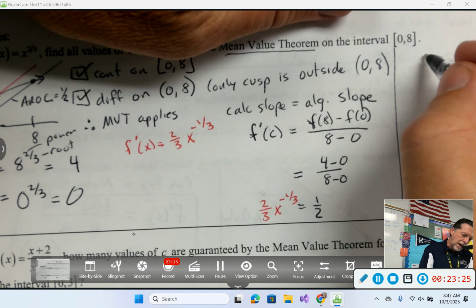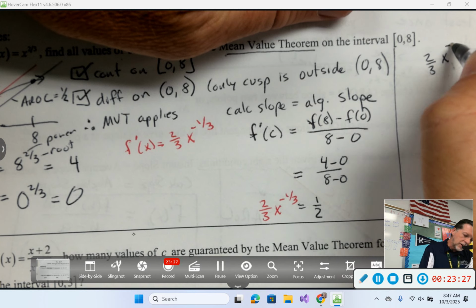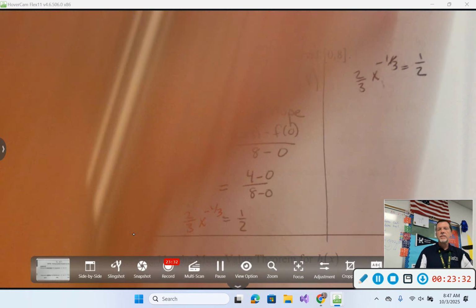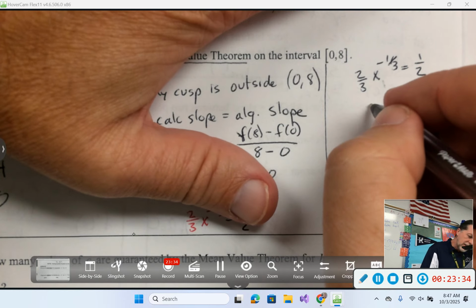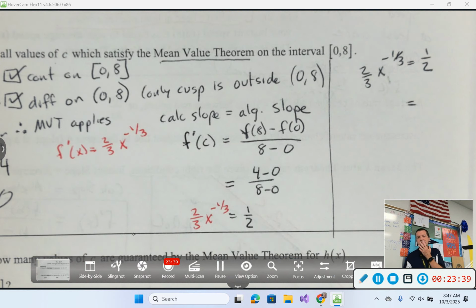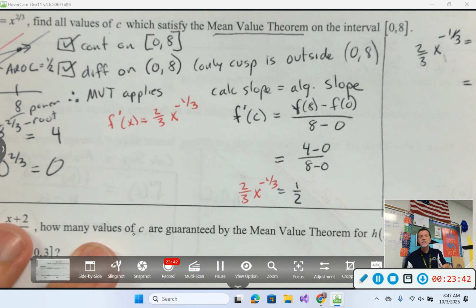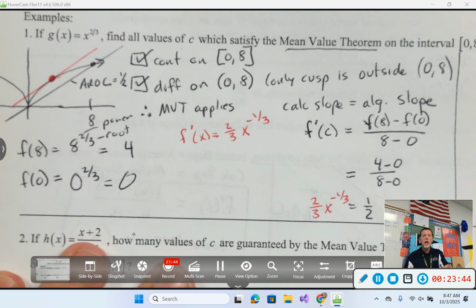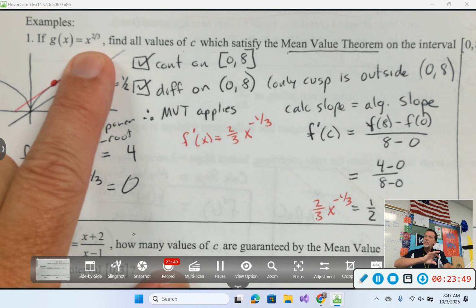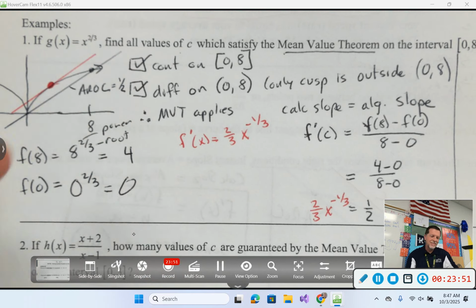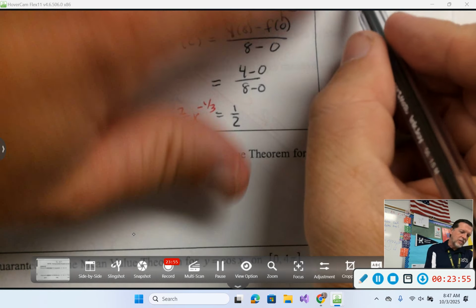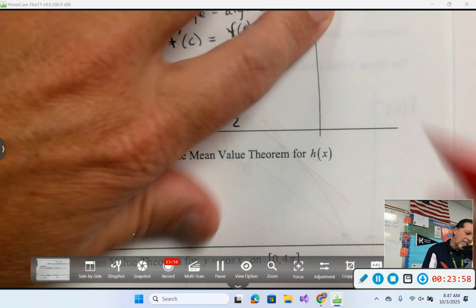And now I've got an algebra problem to do here. So I'm going to multiply by 3/2. Yes, sir? How does f prime equal that, like 2/3 x to the negative 1/3? Oh, power rule: bring 2/3 down front, decrease the power by 1. Power rule with fractions. Let's see, so if I multiply both sides by 3/2,